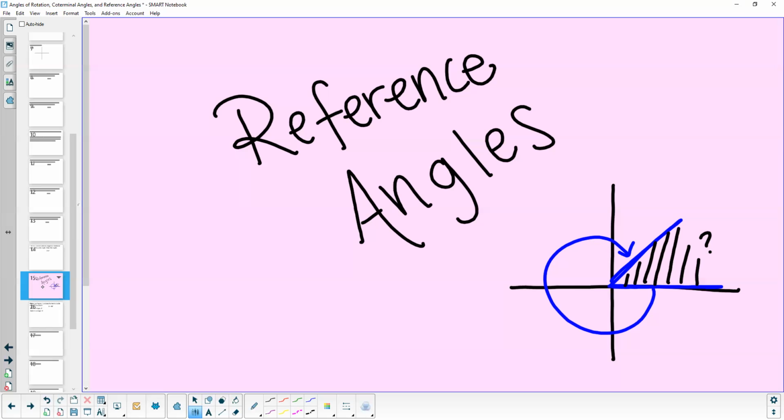So in this example here that you can see on this screen, we have this distance away from the x-axis here. Now, we call it a reference angle because this distance, if we went straight across here, would be the same distance as what we would find in this case. And it would also be the same if our function were to bounce and be over here. Okay, so all of these angles here are all compared to how far away they are from the x-axis,